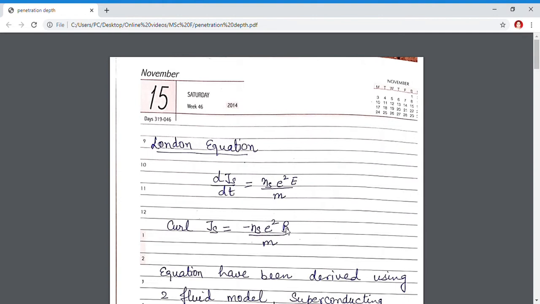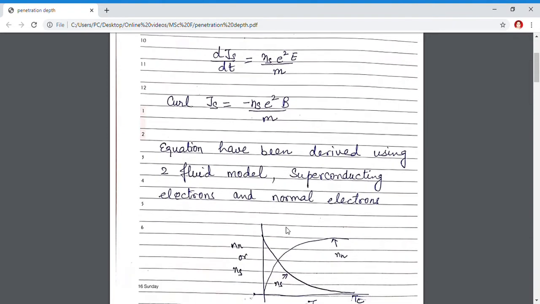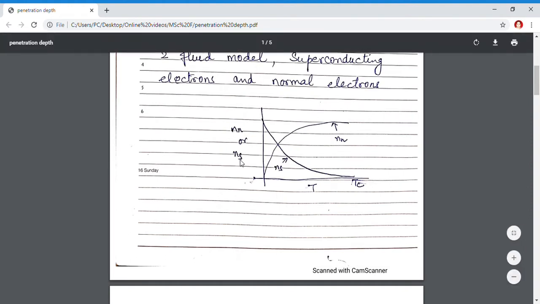These two expressions are derived by using a two-fluid model in which we have assumed that a superconductor comprises two types of electrons, superconducting electrons and normal electrons. If the density of superconducting electrons is Ns and the density of normal electrons is Nn, these two parameters